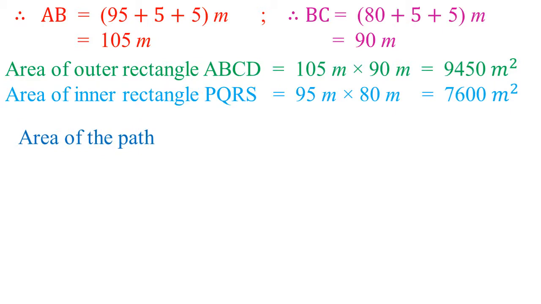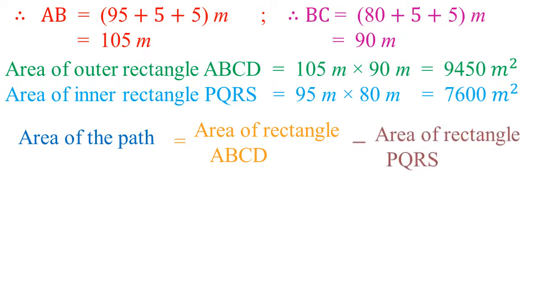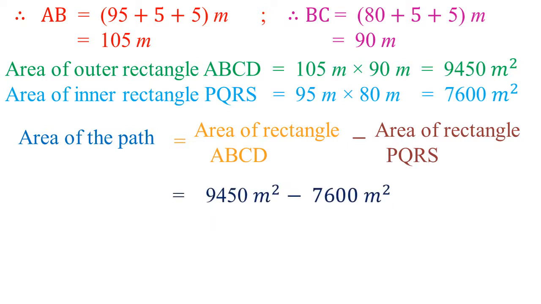Find the area of the path. Area of the path formula: area of the outer rectangle minus area of the inner rectangle. Area of the outer rectangle means ABCD. Area of the inner rectangle means PQRS. We get area of the path equals area of the rectangle ABCD minus area of the rectangle PQRS. Now we substitute area of the rectangle ABCD 9450 meters squared minus area of the rectangle PQRS 7600 meters squared. We have to subtract. We get